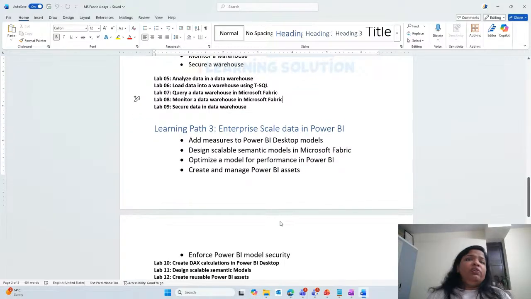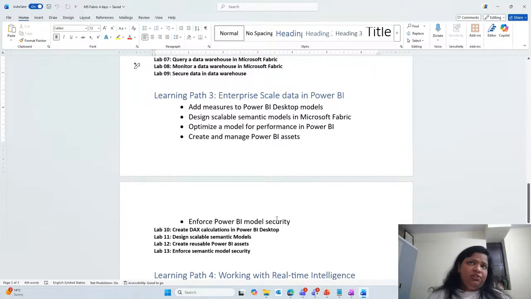Not only this, we will also talk about calculation groups, which were added recently into the Power BI platform. So how to work with calculation groups, that will also be a topic here. And we will also talk about row level security, because here also security is very, very important. So all these things you will be exploring practically.